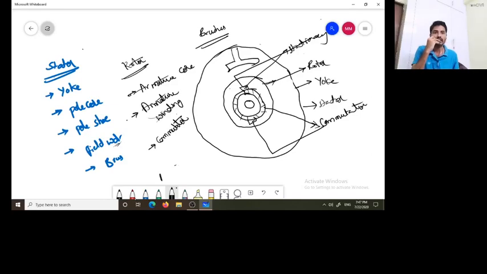The function of a generator is to produce electrical output inside the armature due to Faraday's laws of electromagnetic induction. What happens? Flux is produced in the stator, and that flux is linking with the rotor. The rotor has conductors, which is nothing but the armature winding. Whenever this flux links with the conductors, according to Faraday's laws of electromagnetic induction, EMF will be induced.